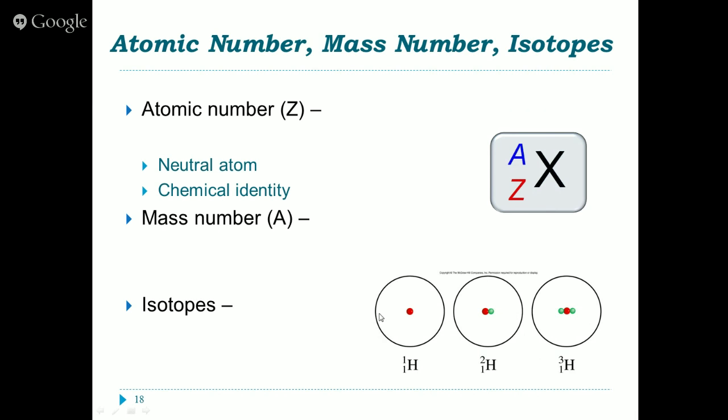So here we have hydrogen. 1 is the mass number, 1 is the atomic number, meaning that 1 minus 1 gives us 0 neutrons. This is called heavy hydrogen or deuterium. Mass number has gone up by 1. Atomic number stays the same. So we see 2 minus 1 gives us our 1 neutron in the nucleus. This is called tritium. Mass number of 3, atomic number of 1, never changes. 3 minus 1 is 2, telling us that we have 2 neutrons in this nucleus. 1 proton, and it would therefore have 1 electron if this was a neutral atom.